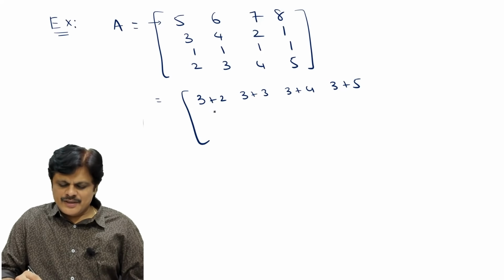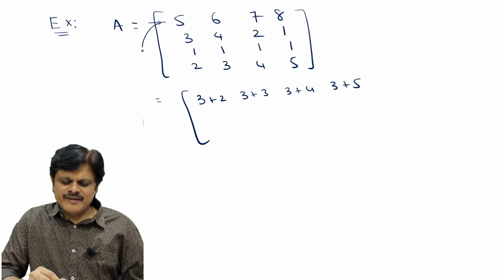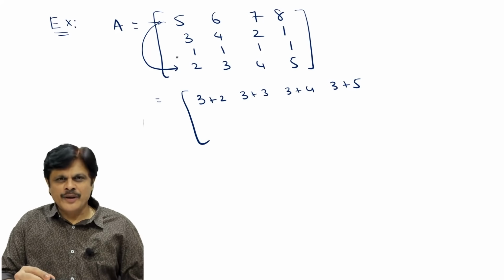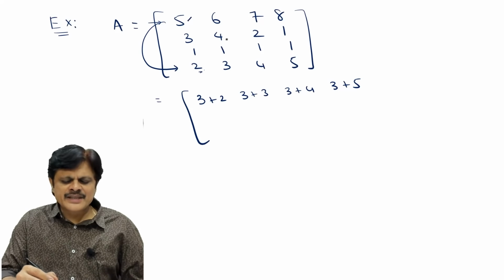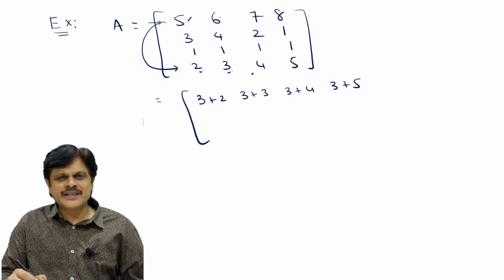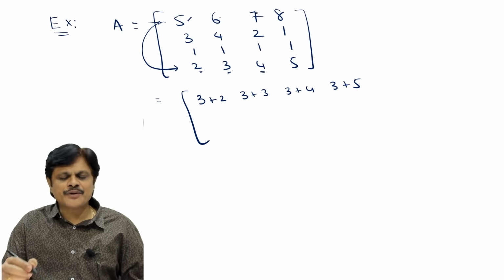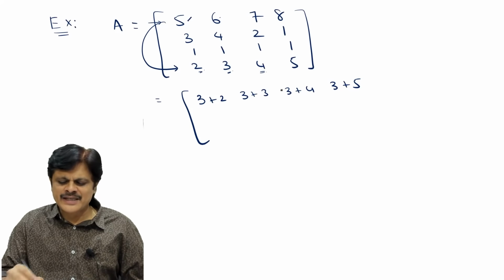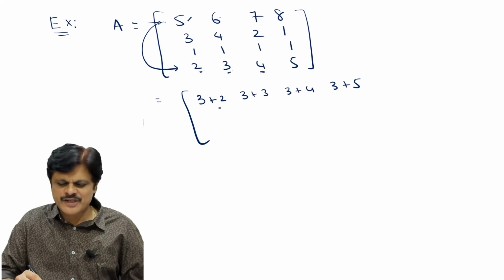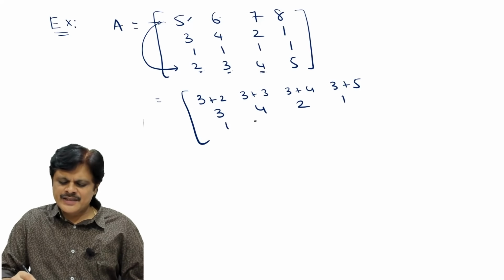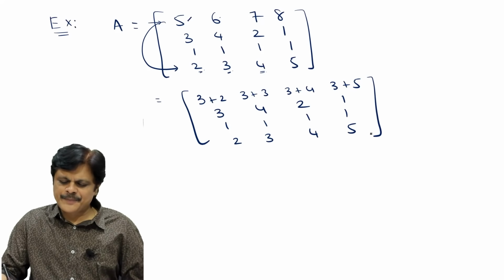See, actually what I observed is the first and last rows: you just add 3 to this number, then you get this element. Add 3 to this number, then you get this number. Add 3 to this, then you get this particular first row element. So I just write the first row element as 3 plus that number. That is the simple observation which I made. Now this is 3 4 2 1 and this is 1 1 1 1. So the answer is 2 3. Last row is 2 3 4 5.